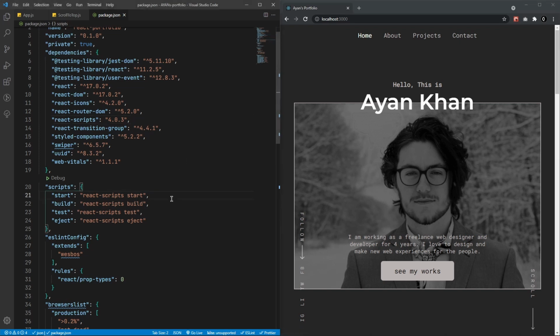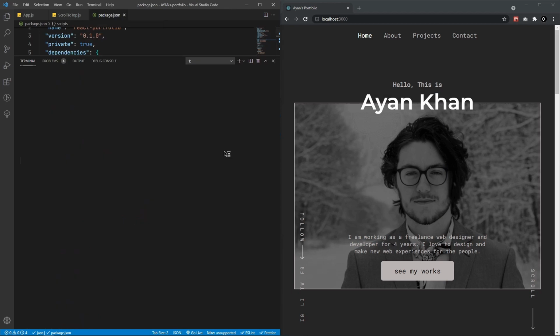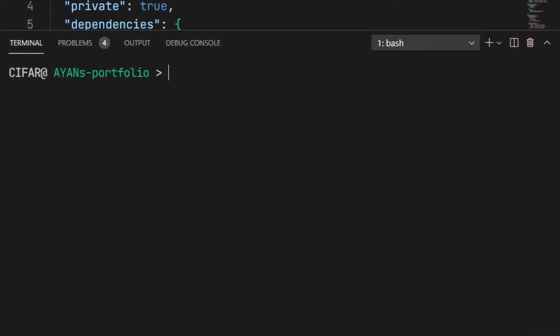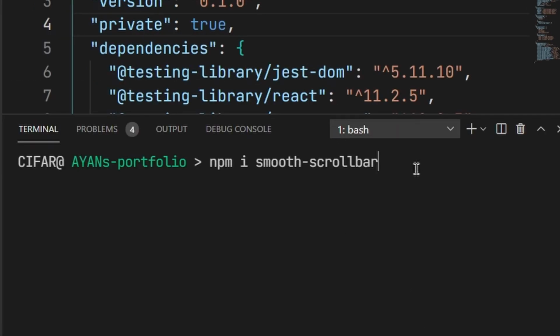So for that, we need to go to our terminal here. So let's go here, and the package that we are going to install is smooth-scrollbar. So let's install that: npm install smooth-scrollbar. Let me actually zoom in a little bit. As you can see, we are installing smooth-scrollbar, and beside that we need